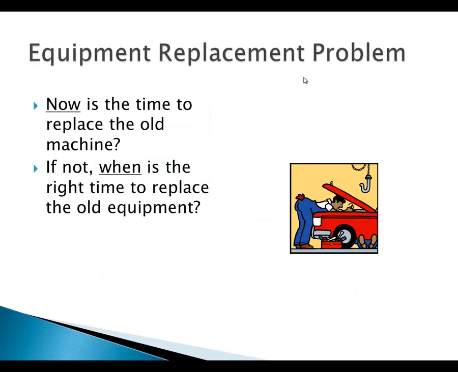Is it the time to replace the old machine? This is one of the questions that engineers should actually answer after analyzing existing information, considering the company constraints and the associated risk with the decision. They should evaluate alternatives, then make the proper decision. Sometimes you have to look at also, like we said before, political and environmental issues, ethical issues that will be associated with buying or replacing that machine.